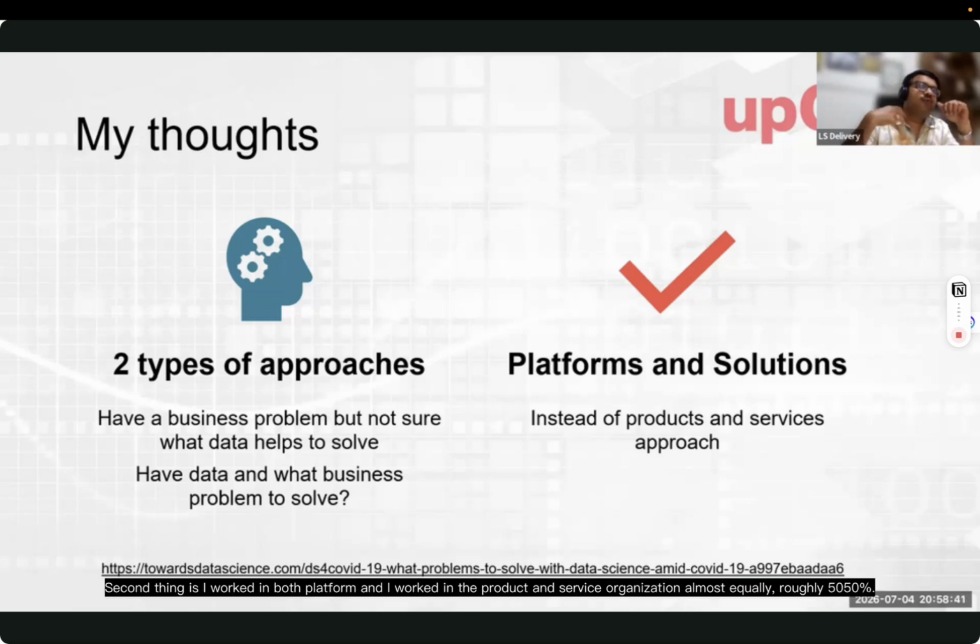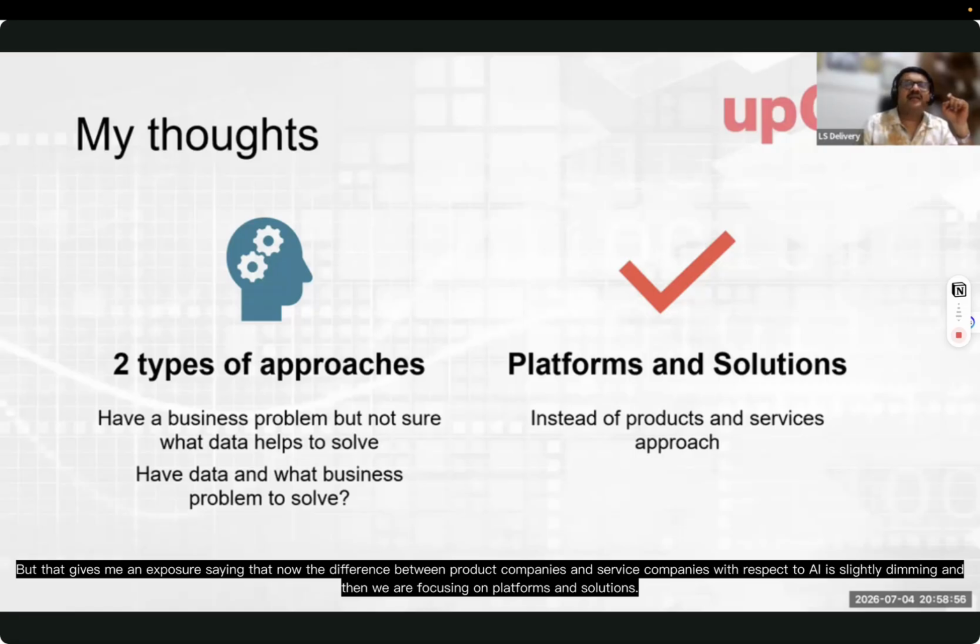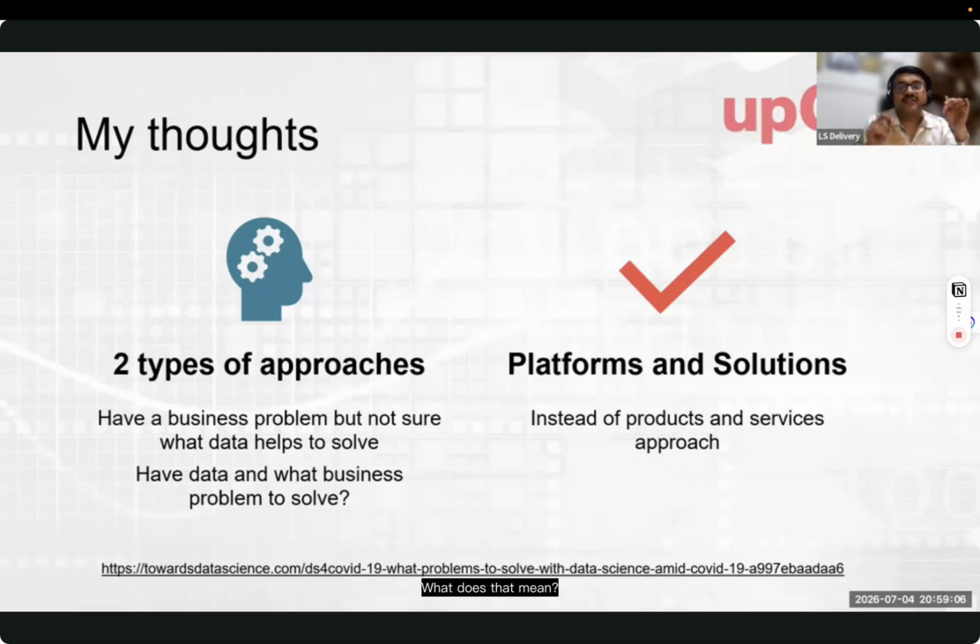Second thing is I worked in both platform and I worked in the product and service organization almost equally, roughly 50-50%. But luckily, I'm part of the R&D teams, even in, let's say, service companies. But that gives me an exposure saying that the difference between product companies and service companies with respect to AI is slightly dimming. And then we are focusing on platforms and solutions. What does that mean is,